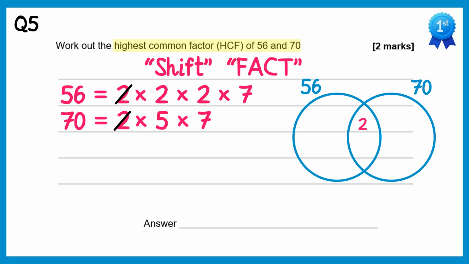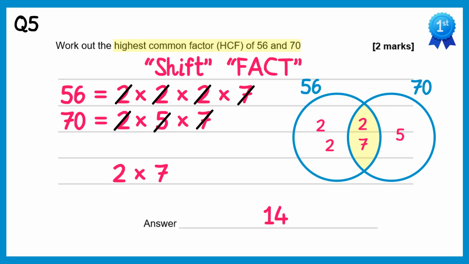I can't use 5 because there's not a 5 in the 56, but I can use this 7 at the end. So I cross off those two 7's and put a 7 in the middle. Now there's nothing left that matches, so these two 2's here in the 56 are going to go in the 56 circle, and this 5 at the bottom is going to go in the 70 circle. Now to find the highest common factor, you just multiply the bits in the overlapping section here. So we're going to do 2 times 7, which gives you the answer 14, and that's the answer to the